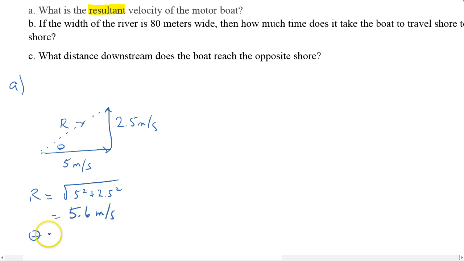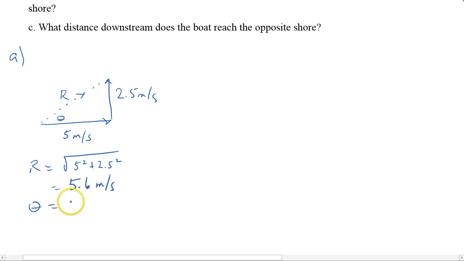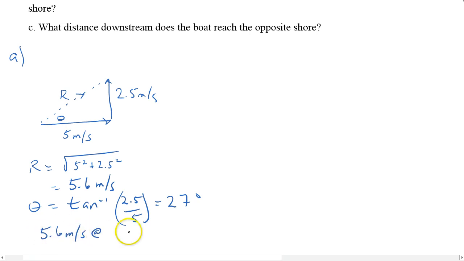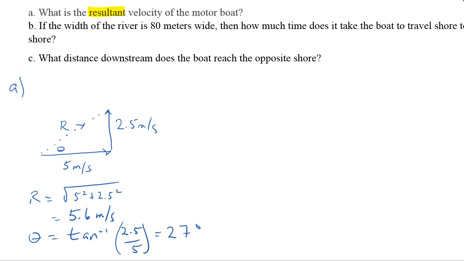And my theta here is going to be the inverse tan of 2.5 over 5, which is approximately 27 degrees. So my answer for A would be 5.6 meters per second at 27 degrees. So that's how the boat would be moving with respect to the ground,